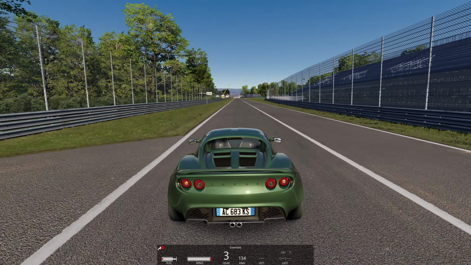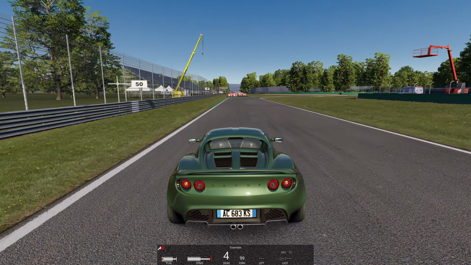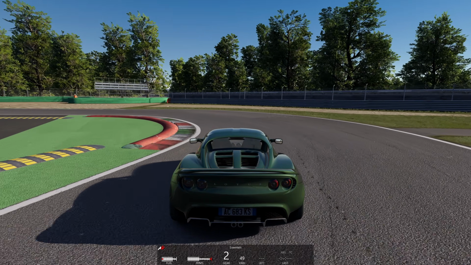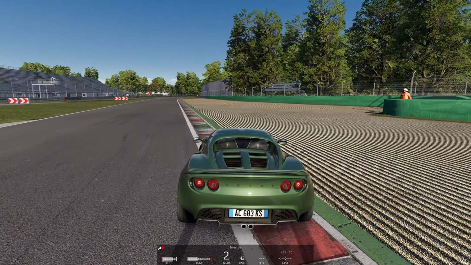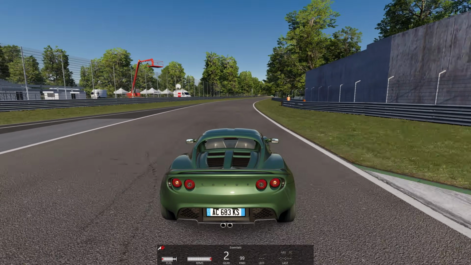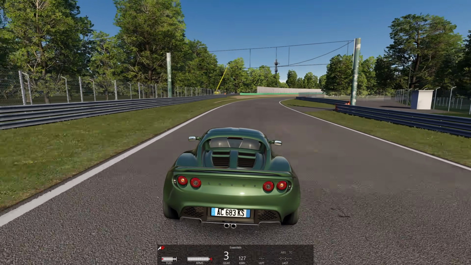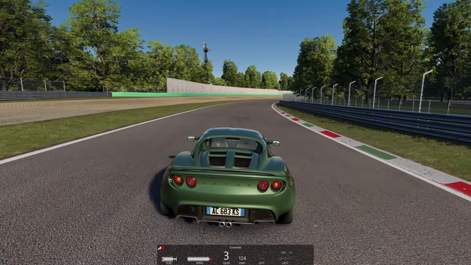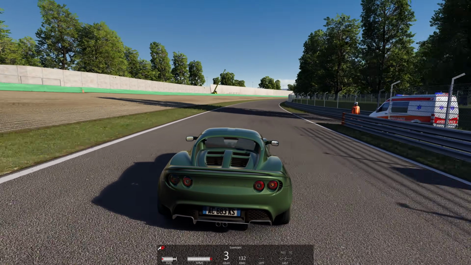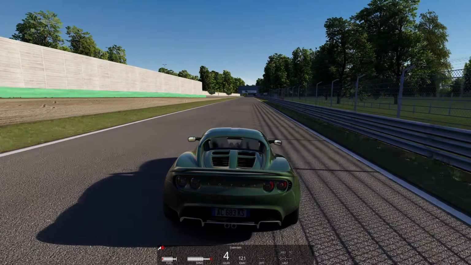Okay, and there you have it. We are in the game. We now have 3D trees, because unfortunately Assetto Corsa has 2D trees, and this is, I think, the first mod that has 3D trees built in. So that's why I said at the beginning, you should go for getting the paid version of CM and everything else to help support the community, help support the creators, so they can create these amazing looking filters and tracks, and everything else, so we can make Assetto Corsa, a 9-year-old game today,